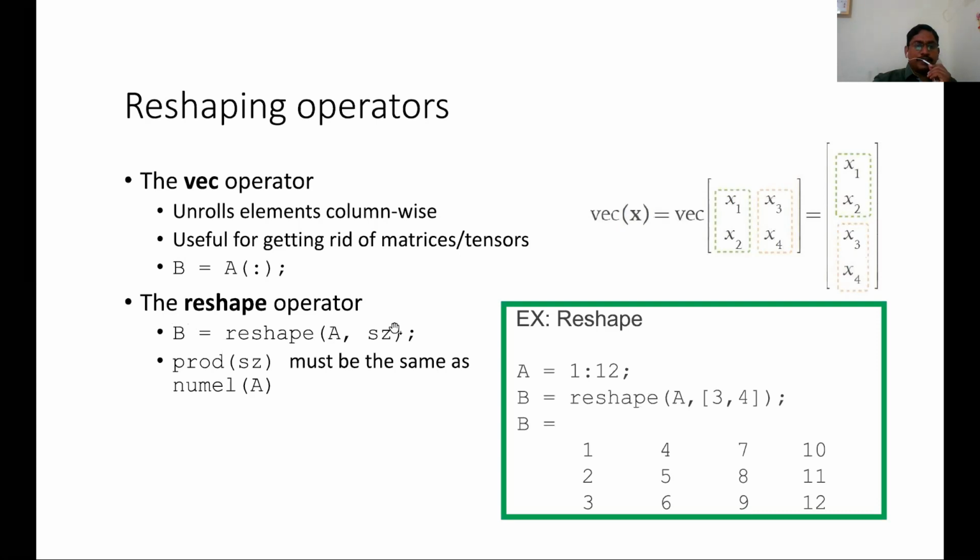One can also reshape arrays. Suppose you have an array A equal to 1 to 12. What it means is that it is a 12-dimensional array; its length is 12. The first element in the array is 1, the last element is 12, and there is no equal spacing given, so by default one can take it as 1. So 1, 2, 3 up to 12. These 12 elements in A we have to arrange as a matrix B of size 3 by 4.